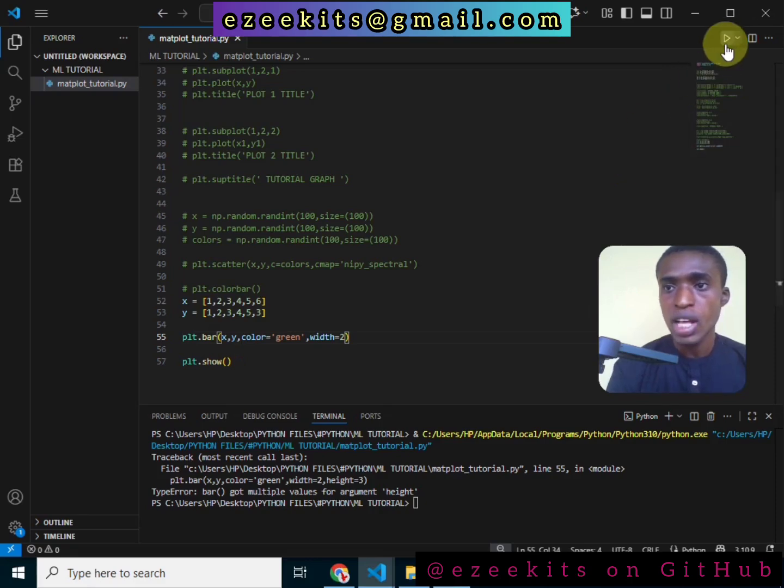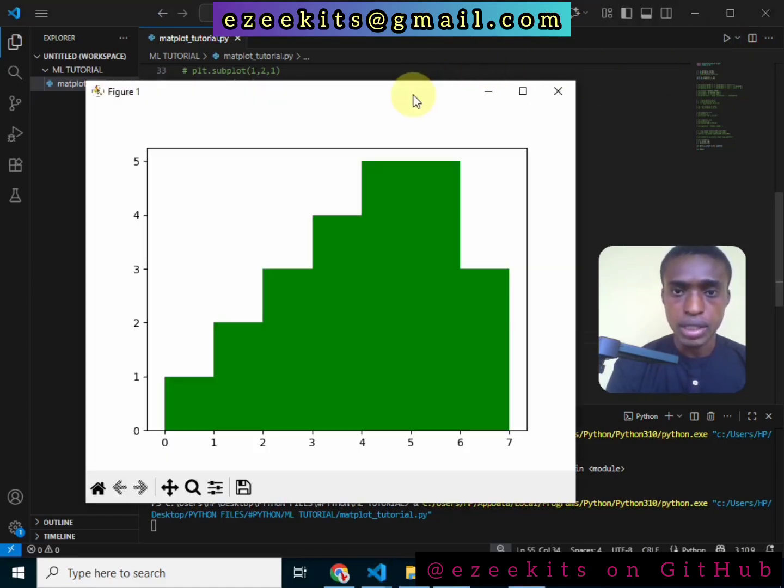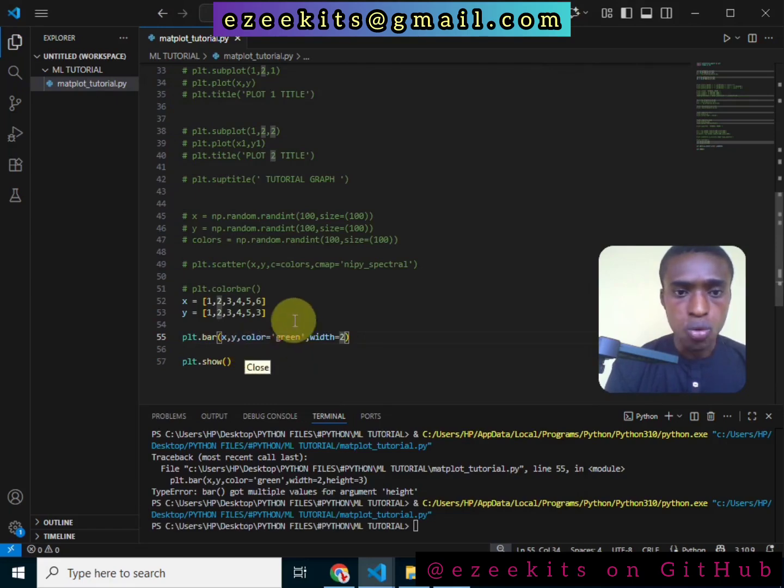But let's see how the width changes first, and then we can go on to see how the height is going to be rendered. For that, we need to change our bar to the horizontal one. When we change the width, it's just like the base. We are going to extend the size of the base, but it doesn't affect the height. So with this,